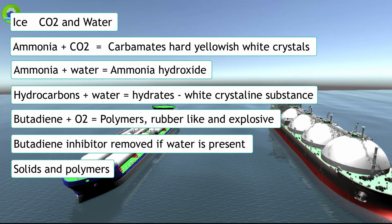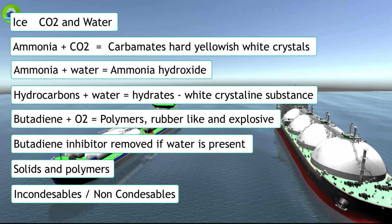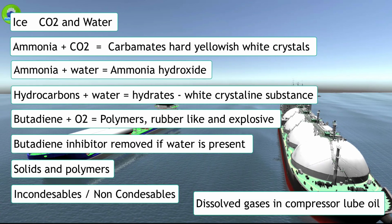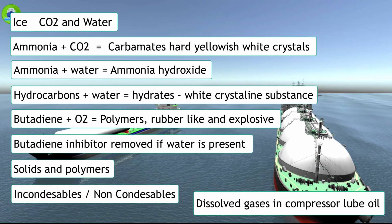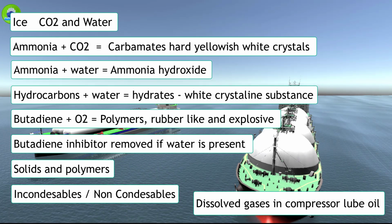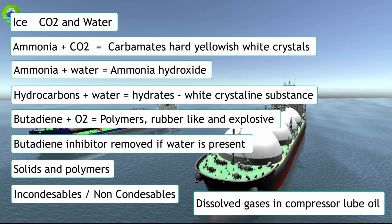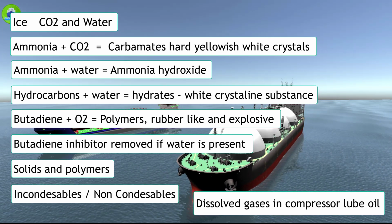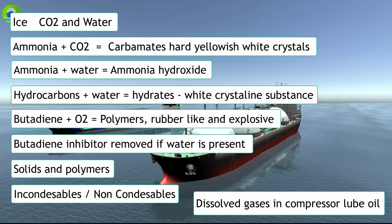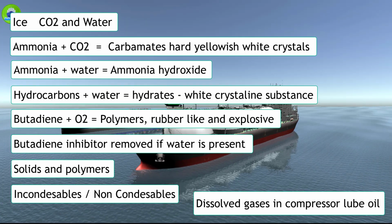And of course, the most important thing is incondensable or non-condensable gases. You don't want these in your system when doing the loading, which will be explained in the next item. The last is dissolved gases in compressor lube oil. If this is a non-oil-free type of compressor, as in most old designs of LPG ships, then these gases may dissolve into the compressors and hence be absorbed by the lube oil, and this might contaminate your cargo if you are changing cargo, for example. You will load that cargo and it passes through your compressor, then your cargo may go out of specification, and hence it will be contaminated. So that is the number one reason